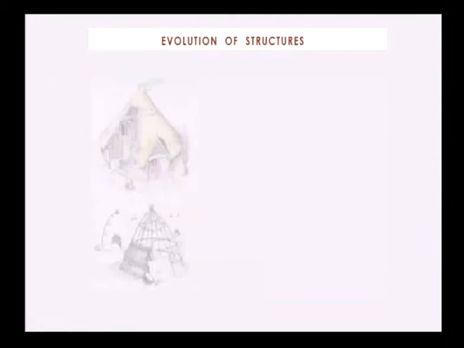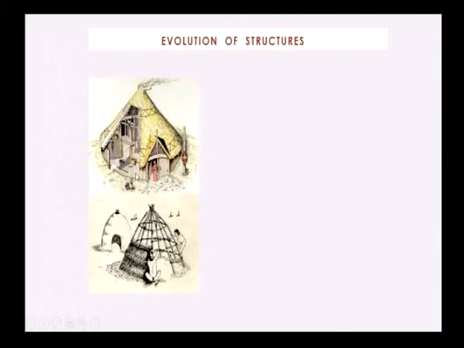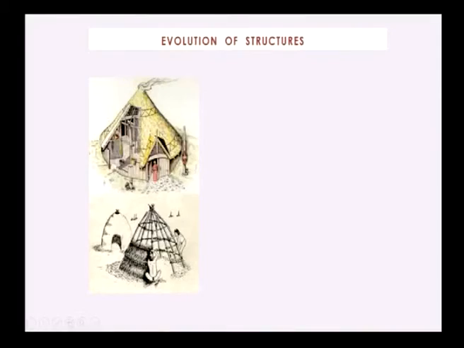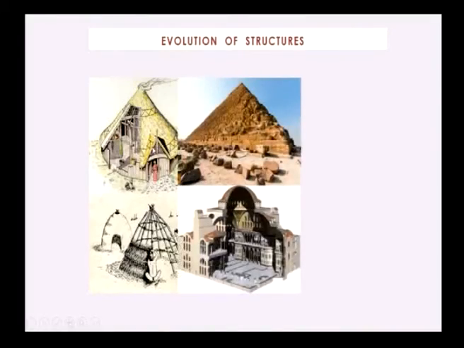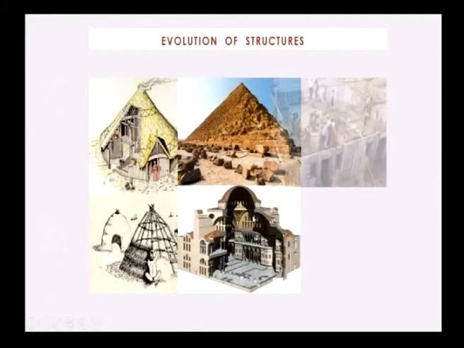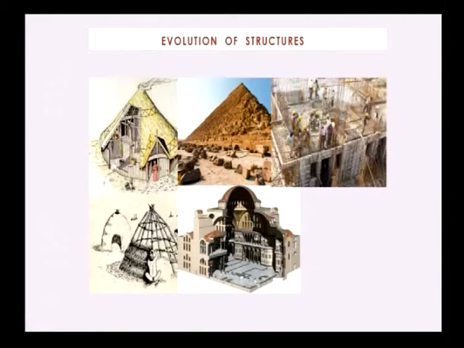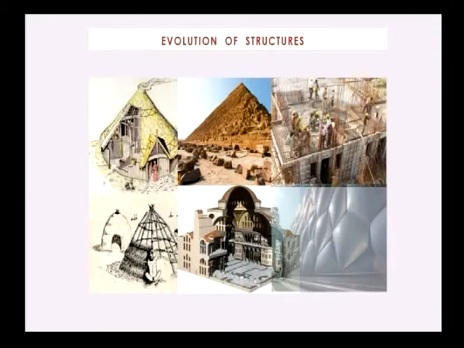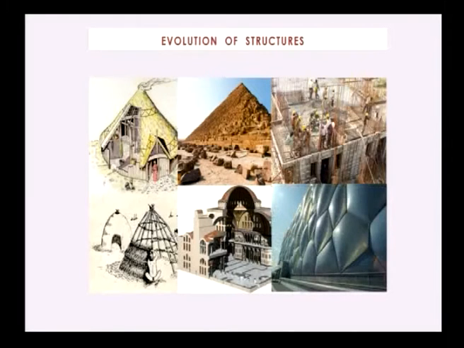Evolution of structures. It started from simple structures made of tree branches covered with twigs. As more functions and more activities were added, more spaces were added and functions were associated with them. So the structure became more intricate. Then came experimentation with other materials like stone and mortar. Then came cement, steel and reinforced cement, up to the present experimentation with new materials.